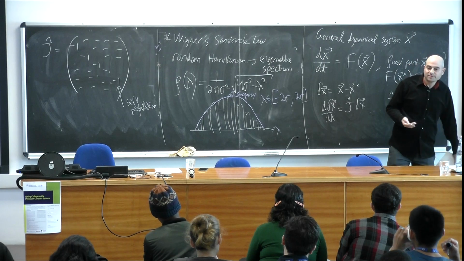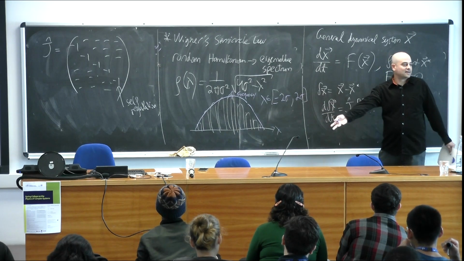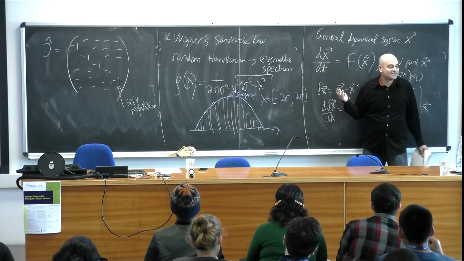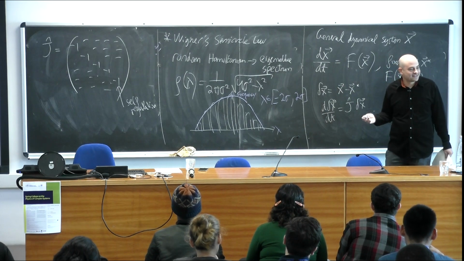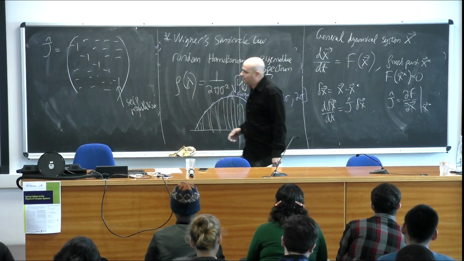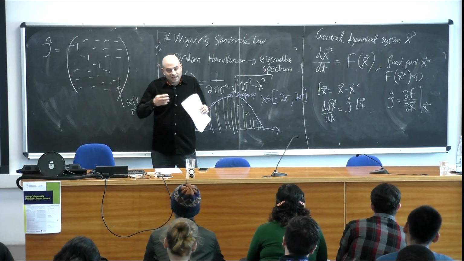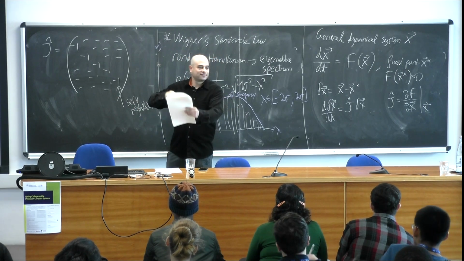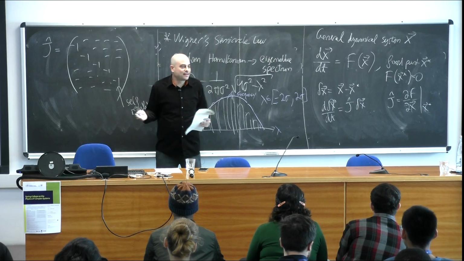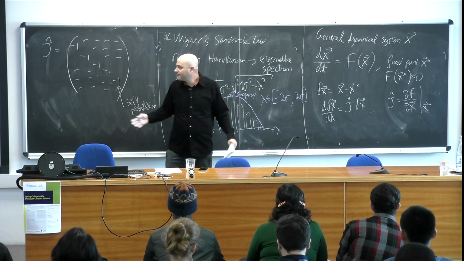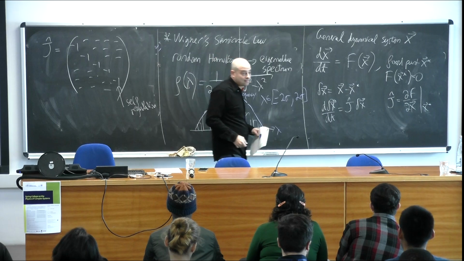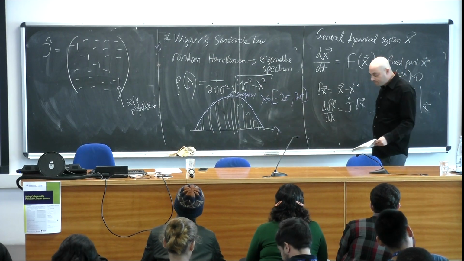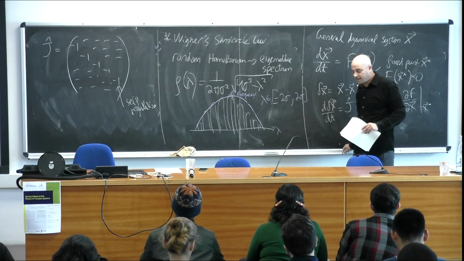For example, if one species eats the second, then you would have antisymmetry in the Hamiltonian, in J, because you would have a positive interaction for the predator that eats the prey, and a negative interaction for the prey that gets eaten by the predator. So it doesn't make any sense for this matrix to be symmetric when describing a real ecosystem, which is why we have to go beyond Wigner's semicircular law